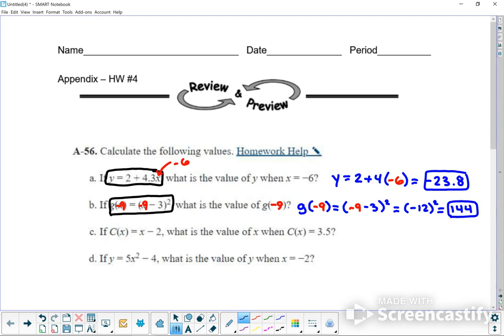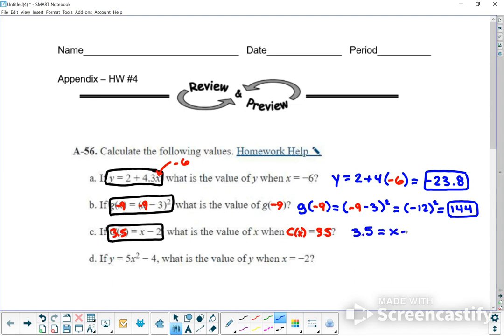Okay, this next one. You have c of x equals x minus 2. And it says, what's the value of c? Or what's the value of x, excuse me. What's the value of x when c of x equals 3.5? So they want you to put c of x as 3.5. Right, so basically they want c of x right here as 3.5. Okay, so let's write it over here. So this is going to be 3.5